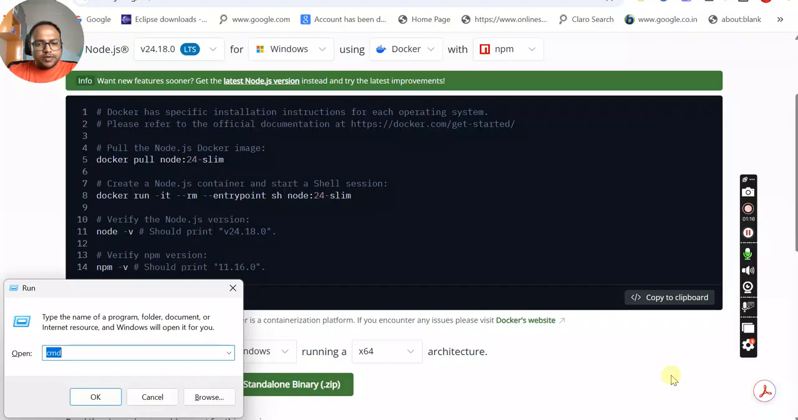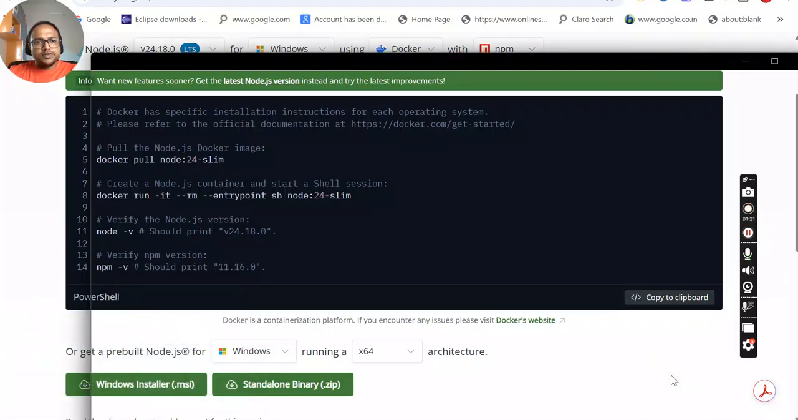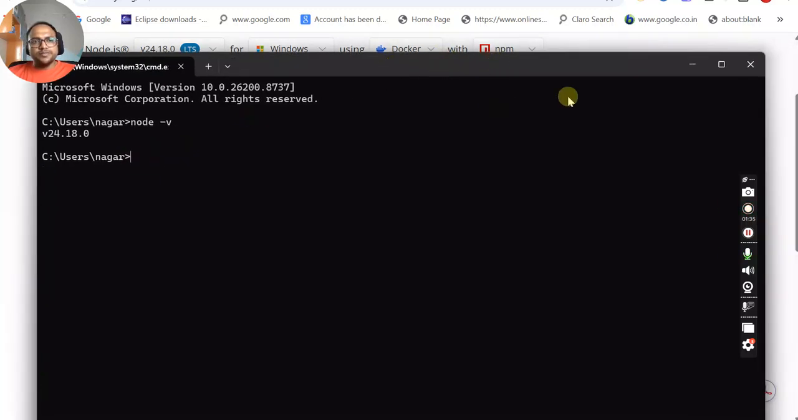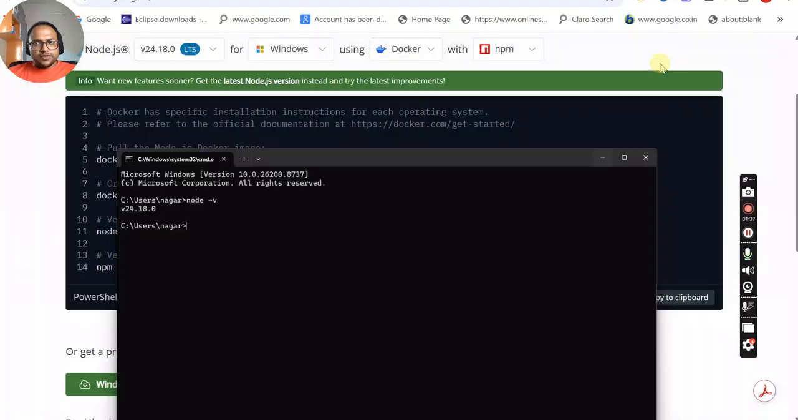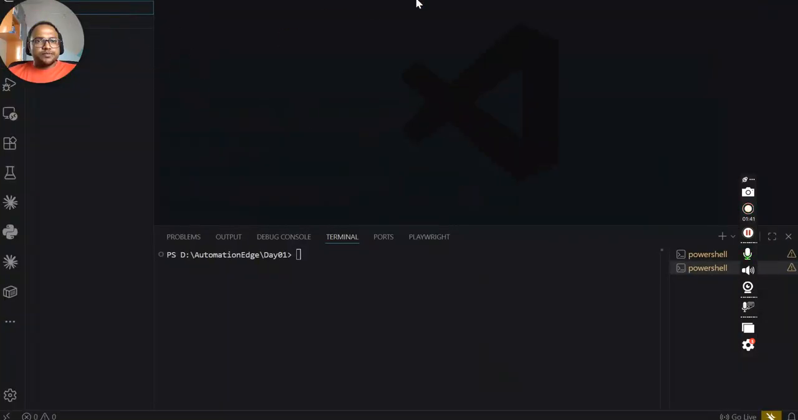In my machine Node.js is already installed. Let me check whether it is installed or not. So how can we check? node -v. So this is my Node version installed in my machine, 2.24.18. Okay, let me minimize it. The next step would be,